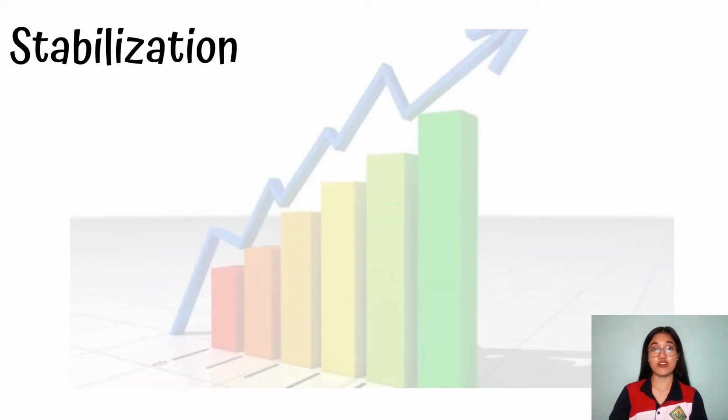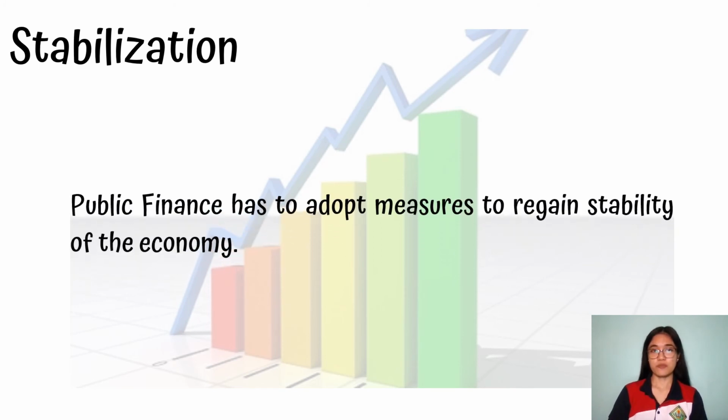And the last function of public finance is stabilizing the economy. So public finance has to adopt measures to regain stability of the economy. Every economy goes through periods of downs and ups. The objective of stabilization function is to eliminate or at least reduce the fluctuations and its impact on the economy. Policies such as deficit budgeting during the time of depression and surplus budgeting during the time of boom help achieve